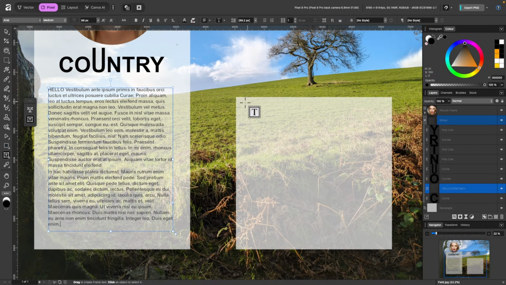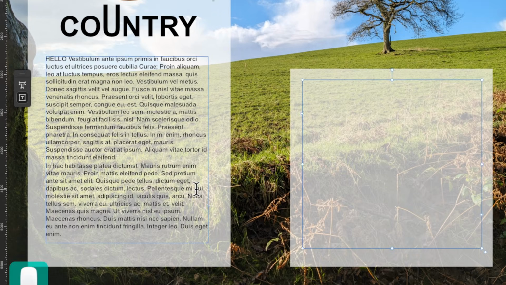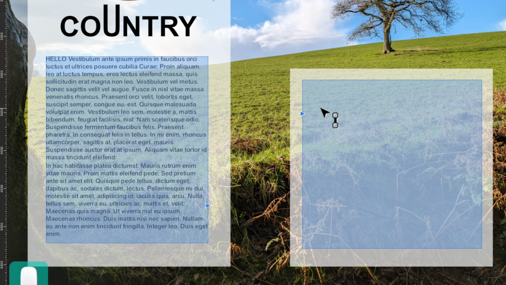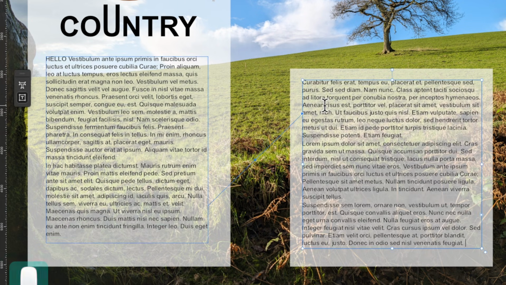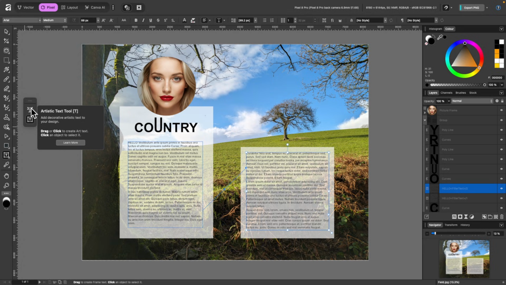Okay, I said I wanted another paragraph here, so I will just draw out another frame. And I want the text here to continue over to here, so I will just select this one and that little arrow there, I'll click on it and then I'll choose the box I want it to link to. And now all of the text there will continue into this paragraph here. So that's the basics of the Artistic Text tool and the Frame Text tool.